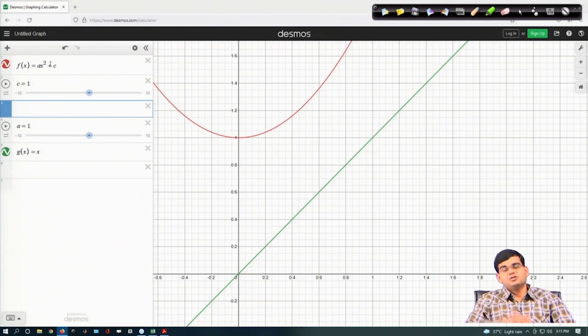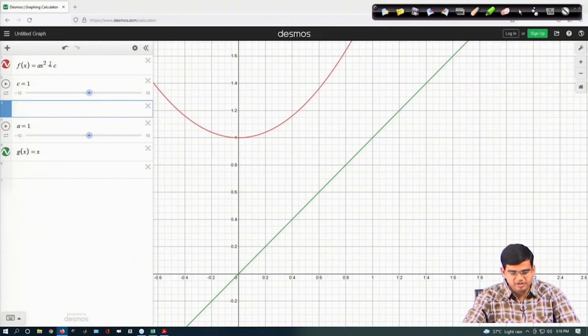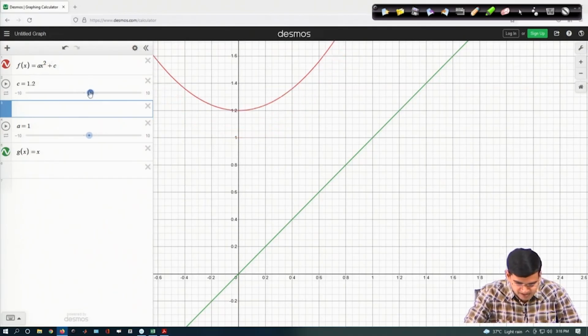In other words, for a continuous domain analogous system, there would have been no equilibrium solution. If you remember the case of population dynamics with harvesting, you did not have equilibrium solutions for certain cases. This also is the case where the two curves do not intersect and therefore, you do not have any fixed point, but if I change c here,